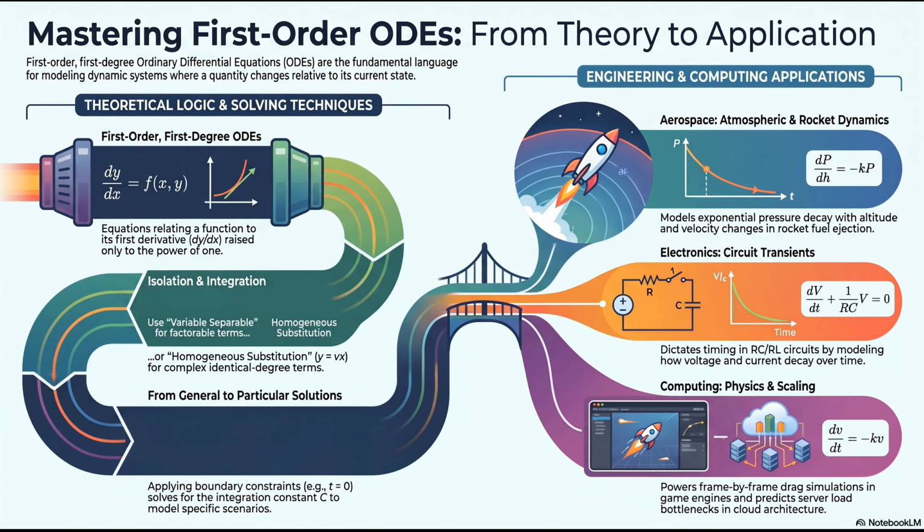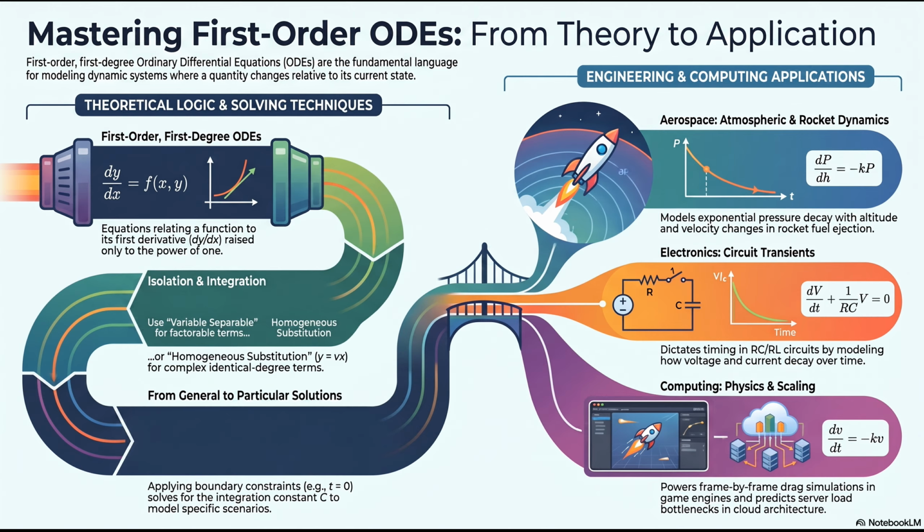Exactly. Think about driving a physical car on a real highway. Okay, I'm picturing it. Your position on that highway is the function, your speed, so how fast your position is changing, is the first derivative. Got it. Position and speed. Right. An ODE takes those pieces, the current state of a system and how fast that state is changing, and it binds them together into a single mathematical sentence.